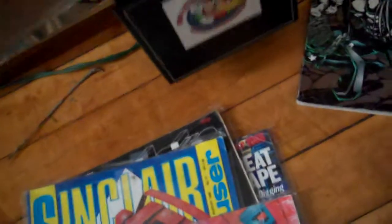I have all my loose disc games in here. Morrowind. Yeah, I got a lot of Xbox loose discs, and nothing special. I got Fable in there. I got Xenosaga, some good stuff. Got all my loose